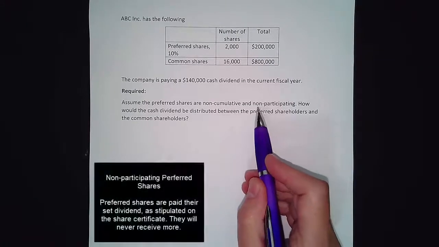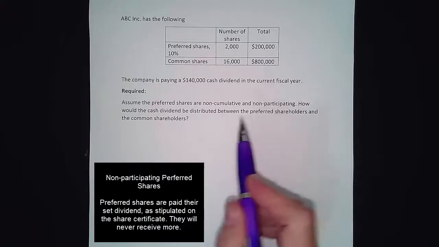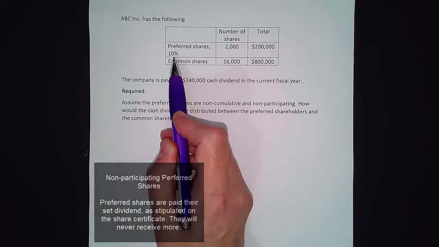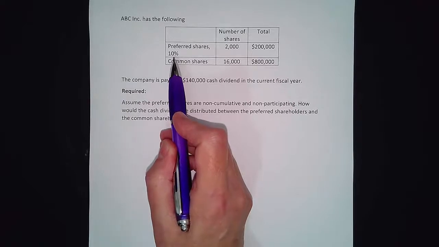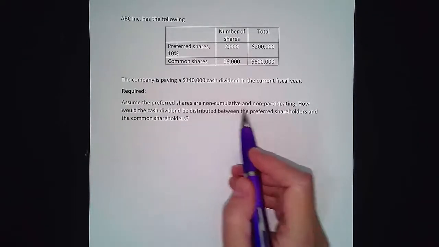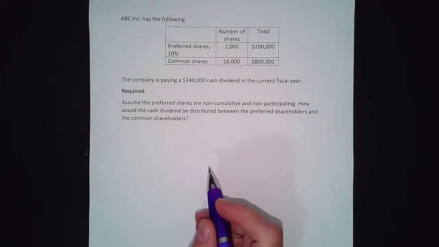So what is non-participating? It means that these preferred shareholders will receive 10% only and nothing else. The preferred shareholders have limited dividends. They'll never receive more than the dividend percentage or dividend dollar amount that is on the face of their share certificate. All right. Given that the preferred shares are non-cumulative and non-participating, how will the dividends be distributed in the